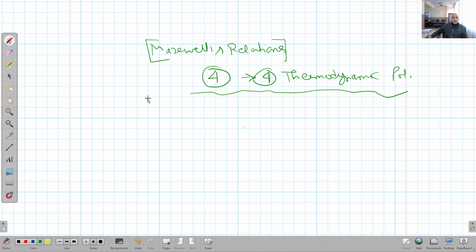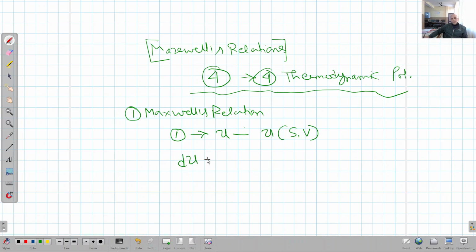We will start from relation number one, the first Maxwell relation, right? And for it, we will make use of the first thermodynamic potential, that was internal energy U. We have seen that U is a function of S and V. Clear? So if we take the total differential of U, then from the theory of derivatives, we